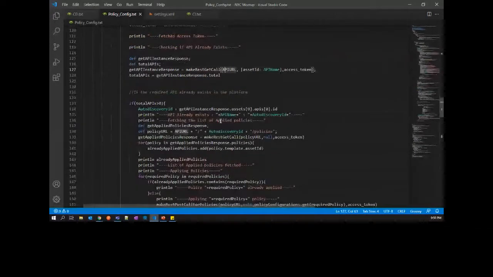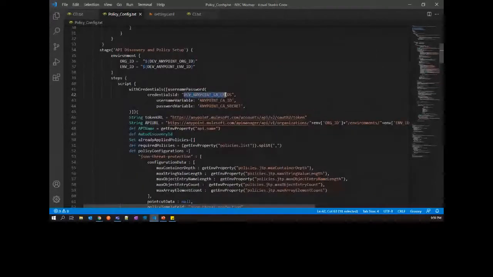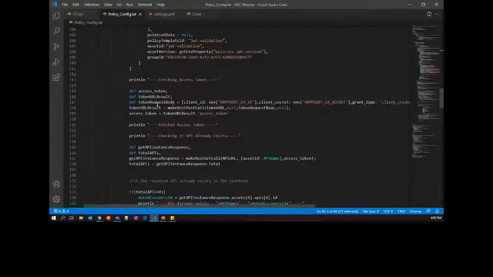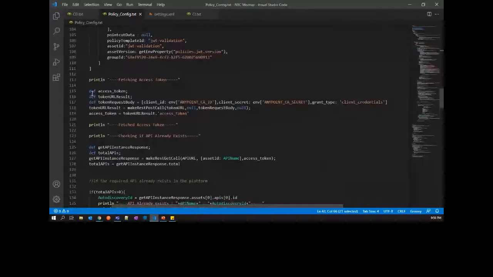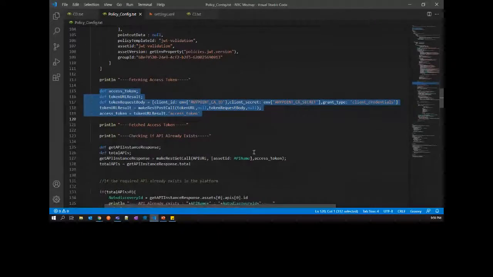If you guys notice, we created a connected app at the starting point of the presentation, and that particular connected app's client ID and credentials are used here. If you have missed it, I'll give a quick repeat. It is making platform API calls, and the script which Akshay is explaining has all the intelligence of which particular policy to apply and which one not to apply based on the property. And that's the reason that property is also sitting there in your Nexus repo along with your jar file and